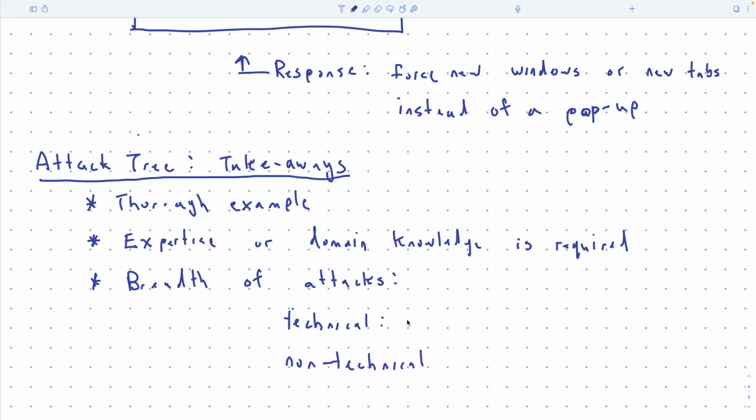Technical could be crypto attacks, network level attacks, software.